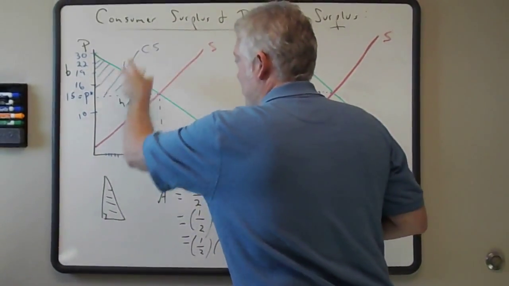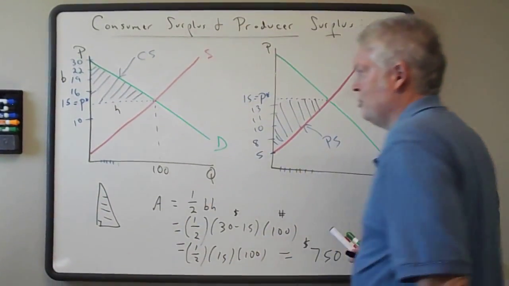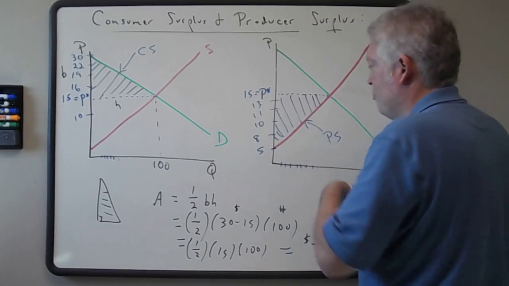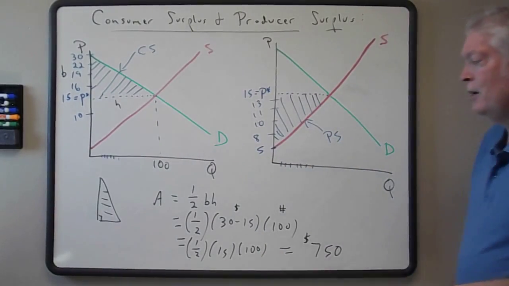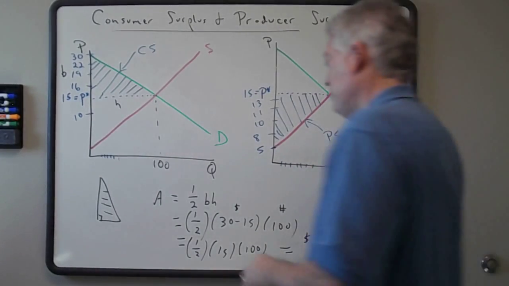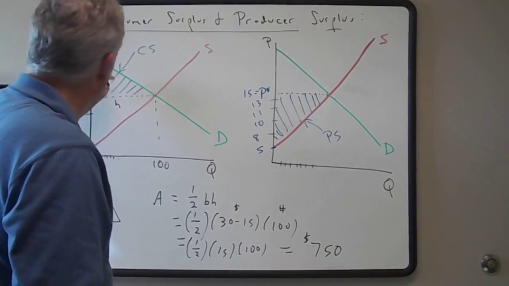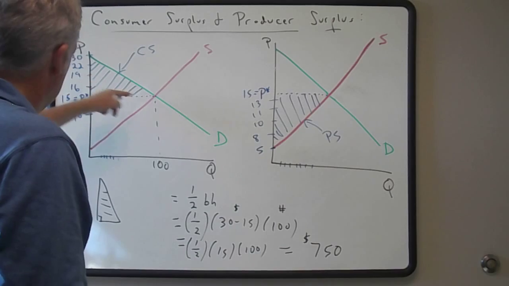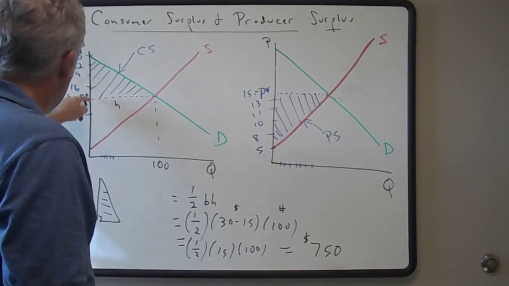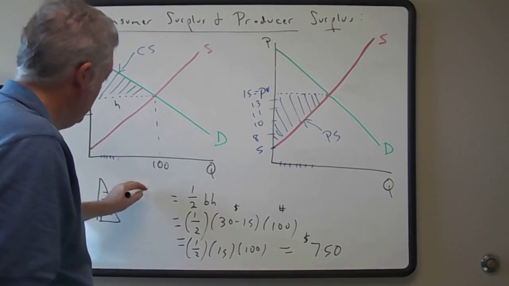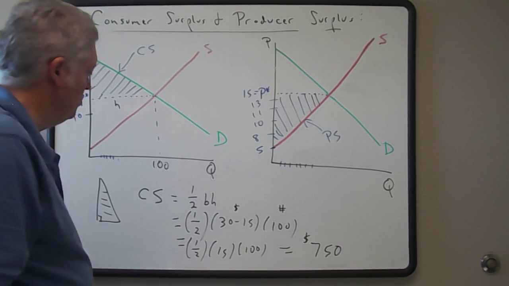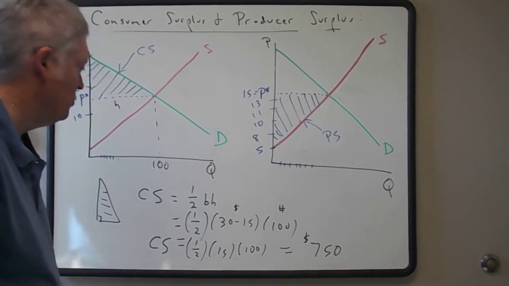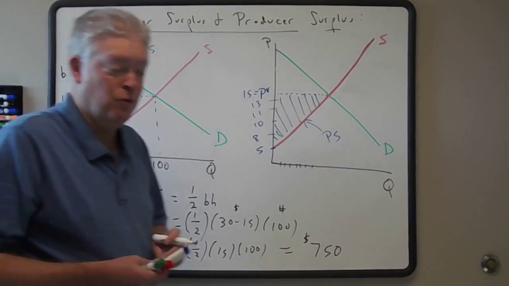What is the shaded region? Because this is a two-dimensional space here, we can actually get the measurement on that. And the same goes with producer surplus. We can do the math here as well. And if you wanted to, you can do that. In this case, because we're talking about the area of this demand curve and how it comes up against the equilibrium price and the p-axis, we can simply say the consumer surplus is equal to 1/2 base times height. And as a result, consumer surplus is equal to $750.